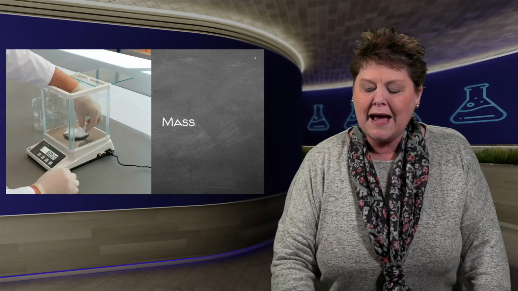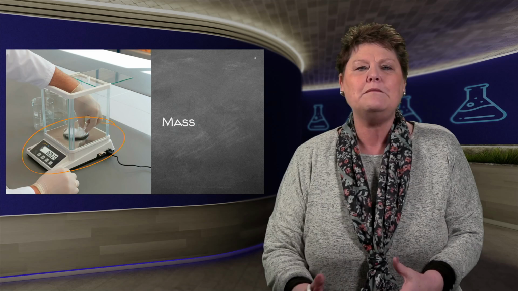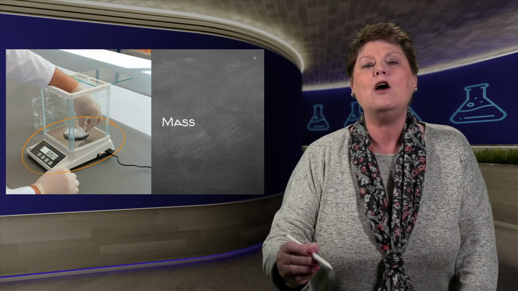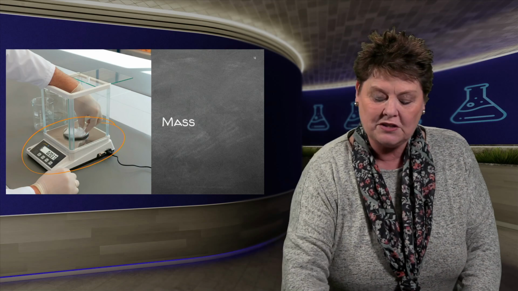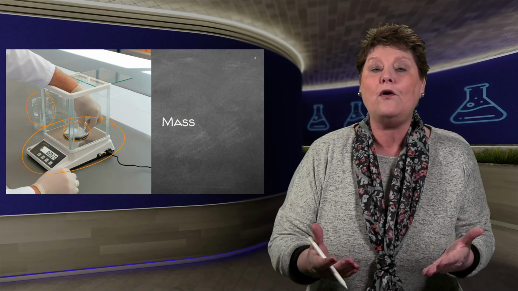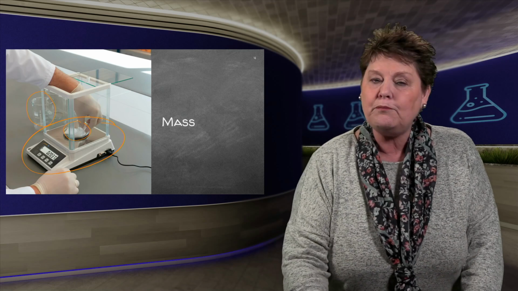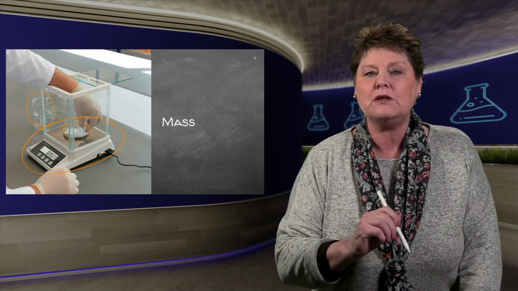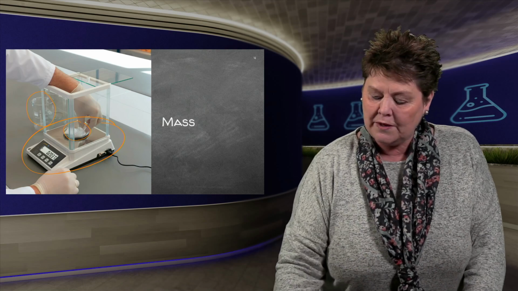So if we talk of mass, we know we're going to weigh something. Now this is a very nice digital chemical scale. You can go and measure the mass of many of the apparatus. Can you see that beaker down there? There I've got a piece of paper, and you can throw things in there. We use that in a kitchen as well. If you've got anybody in your house that's very aware of what they're eating, they'll often weigh the food that they eat. So that's why it's important when we do any chemical reaction that we know how many of the one and how many of the other substance we are putting together.